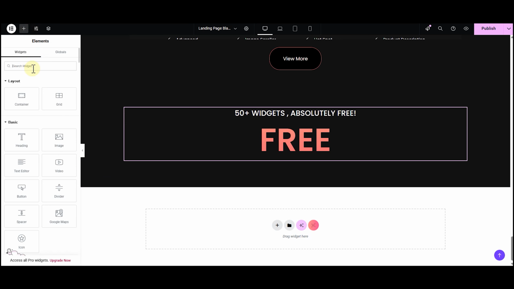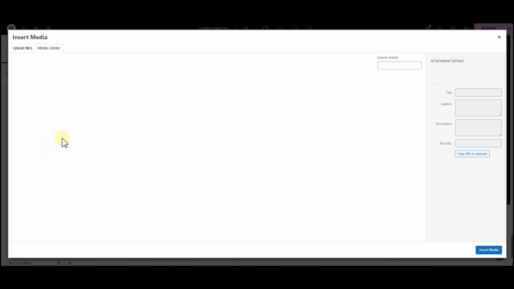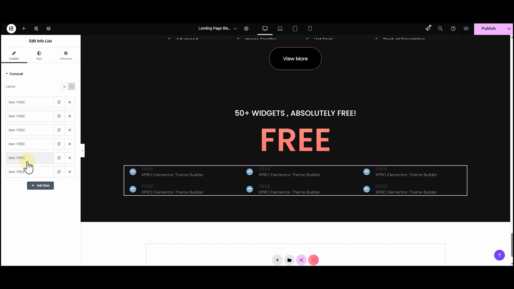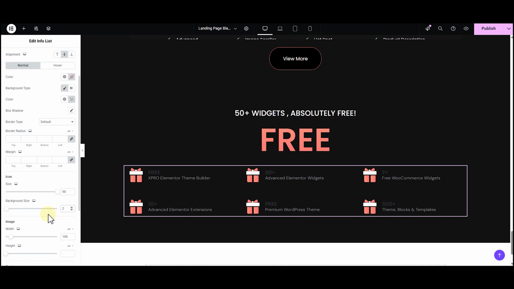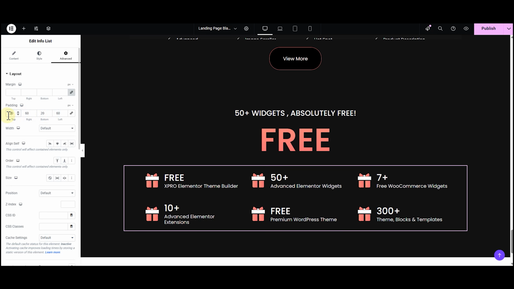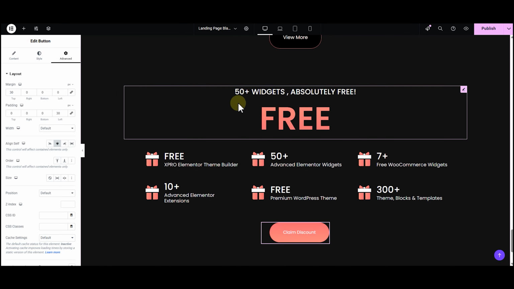Now here we are going to use the info list widget to highlight key features like free theme builder, WooCommerce widget, update the items, style the info list, and finish with the CTA button to take action.